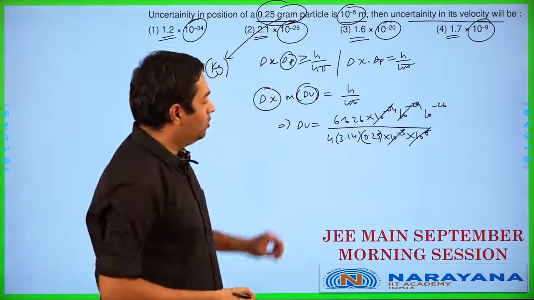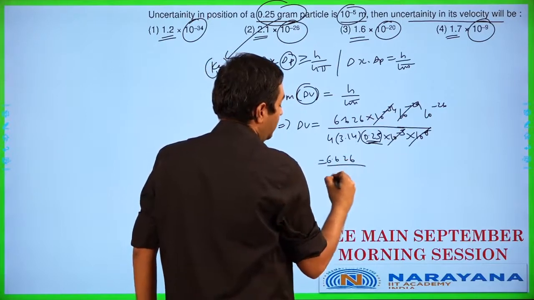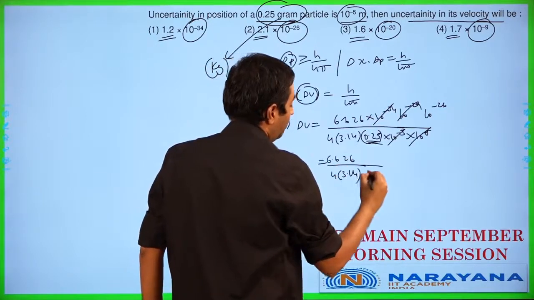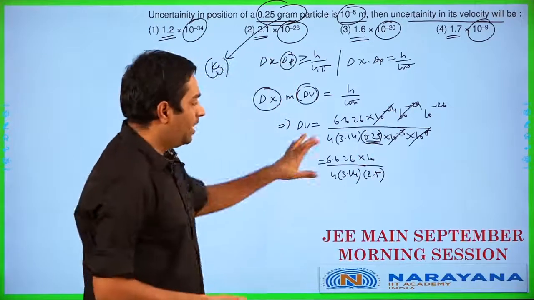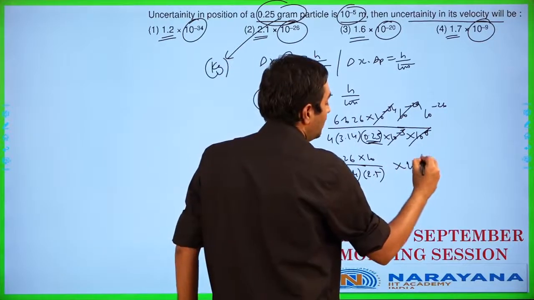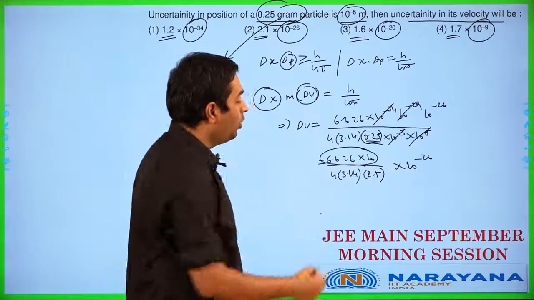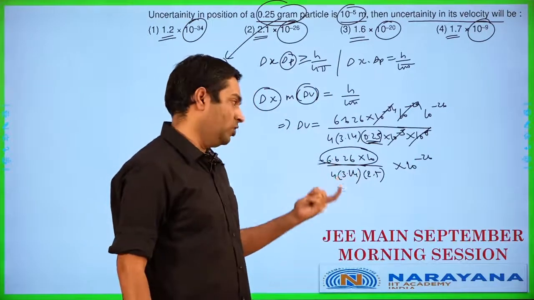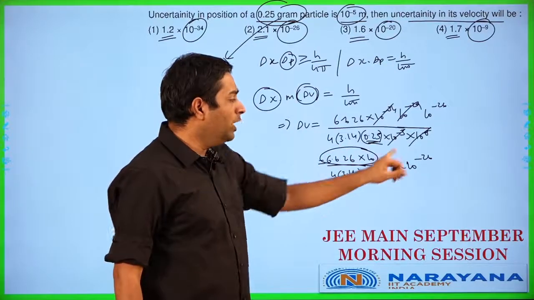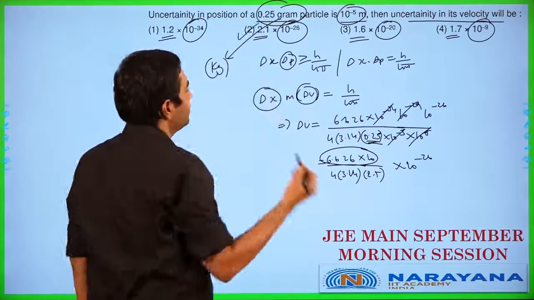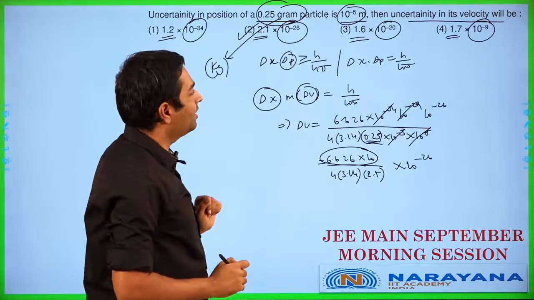As you can see here, you're going to be having this 0.25. If I take it up, it will work out as 6.626 divided by 4 into 3.14 into 2.5, but I'll have one more 10 multiplied upstairs here. So we'll have it multiplied by 10 into some 10 power minus 26. This is going to be something around the value of 60. 4 into 2.5 is going to be approximately 10, obviously. 10 into 3.14 is going to be 31.4. So it's going to be something like 2 into 10 power minus 26, which perfectly matches up with our answer option 2 in this case. So option 2 is going to be the correct answer for this question.